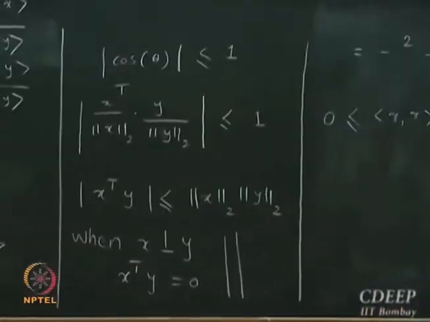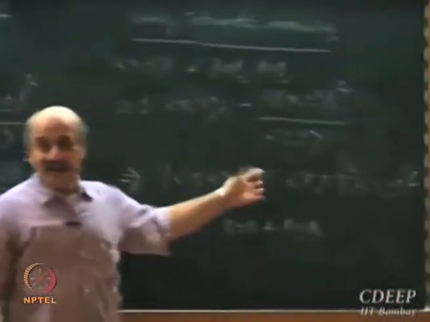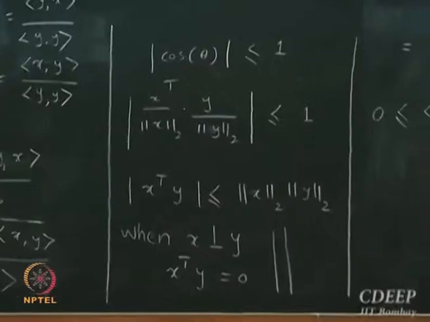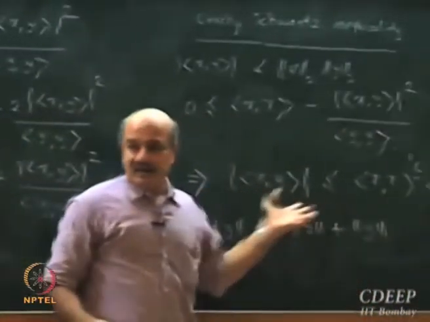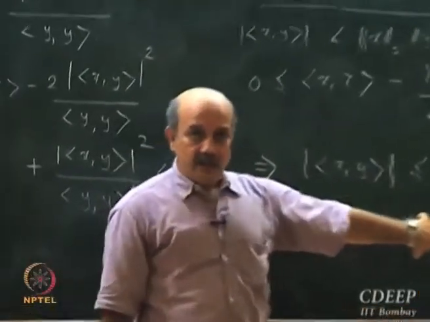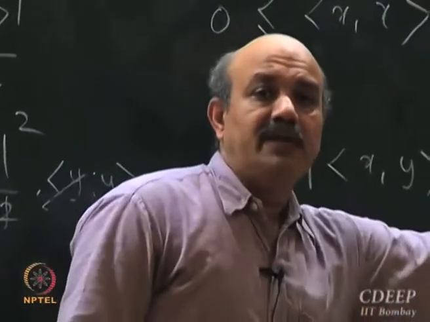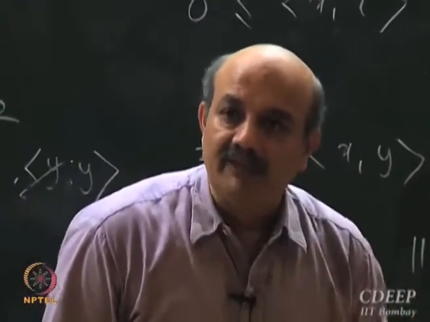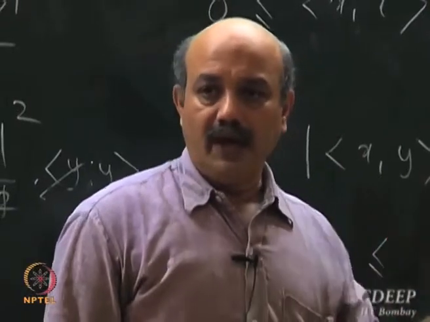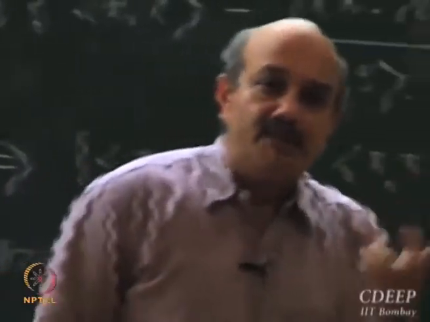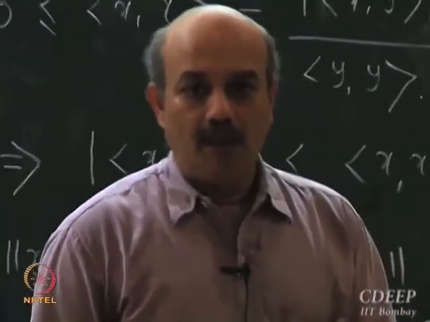Okay. Well, once I declare x transpose x to be norm of x, I can actually even move to this inequality, because this is a scalar. I can divide, take it inside, and so on. We'll move to that a little later. In the next class, we'll start from this inequality, Cauchy-Schwarz inequality, and move on to proving triangle inequality. Once we prove triangle inequality, we are done. Okay. Once we prove triangle inequality, we have shown that inner product defines a norm.